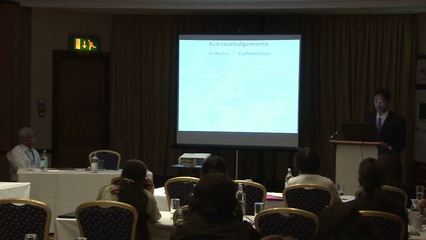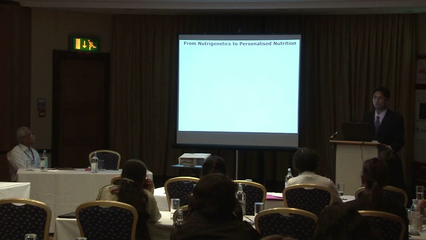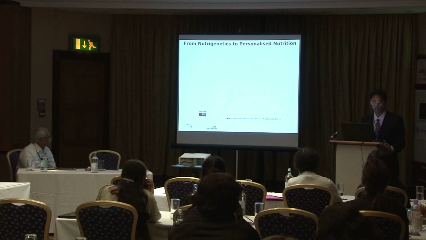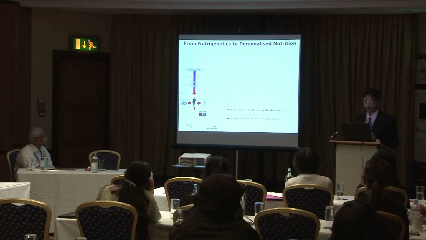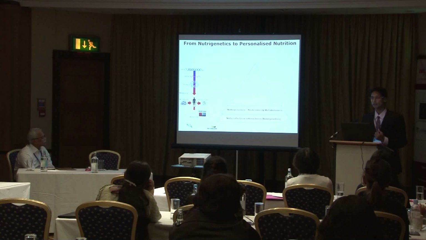But before I finish, there's just one slide to explain how nutrigenetic findings can be translated to personalized nutrition. A lot of researchers are working on nutrient-gene interactions, testing for nutrigenetic analysis, and parallelly, we are also doing the nutrigenomics approach, doing transcriptomics, proteomics, metabolomics, and metabonomics, and functional genomics to identify different molecular biomarkers. So the findings from nutrigenetics and nutrigenomics need to be translated, but there's one intermediate step, that is the genetic